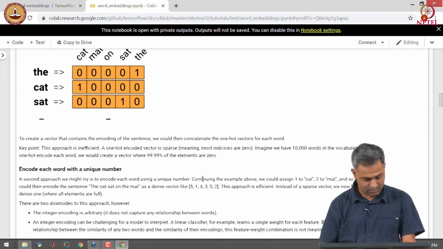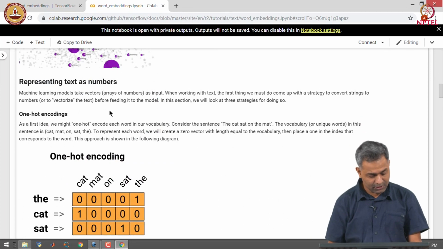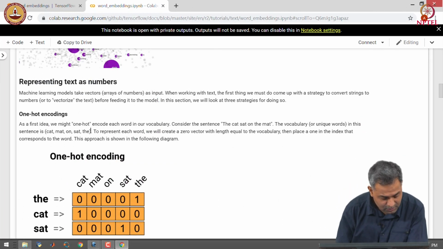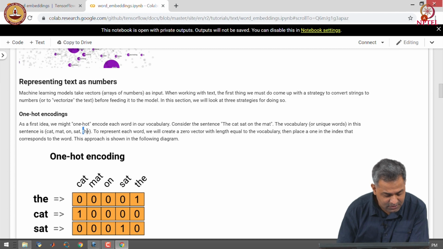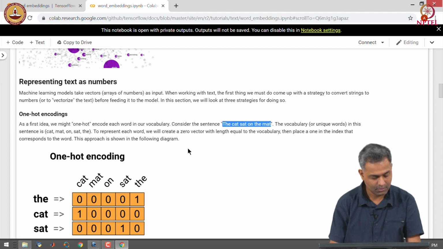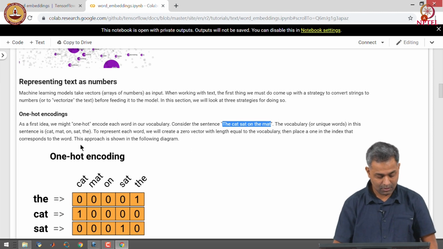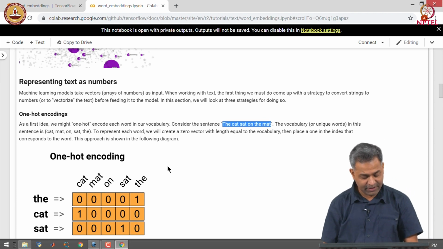Notice that the is included only once in the vocabulary list, though it is repeated in the sentence. To represent each word, we create a 0 vector of length equal to the vocabulary.